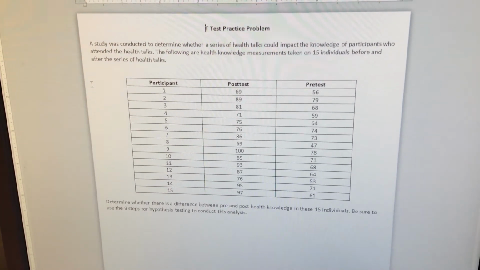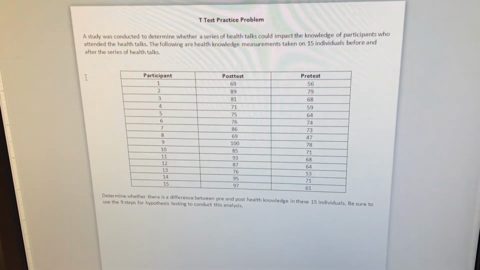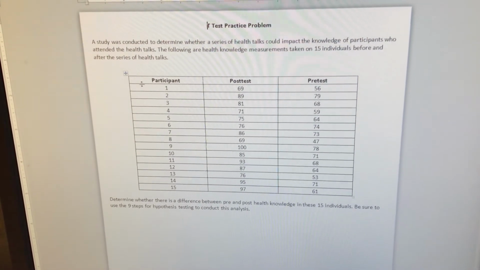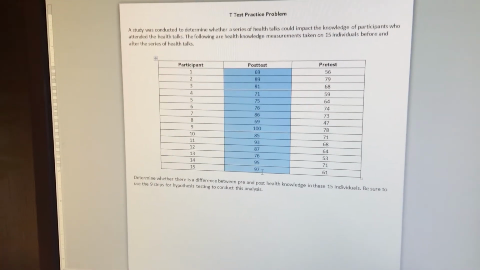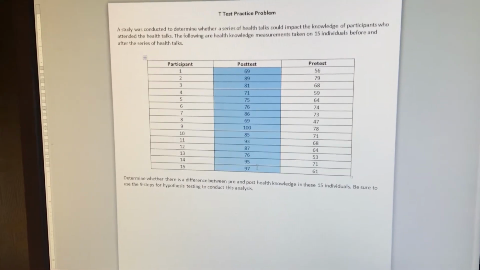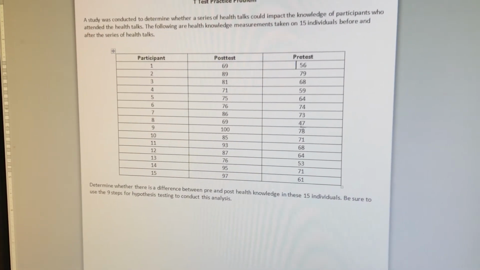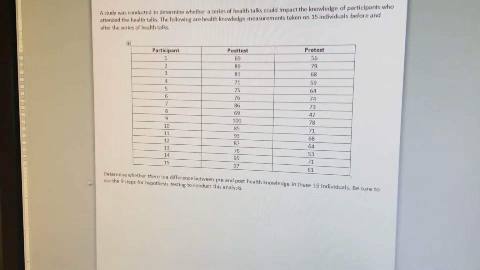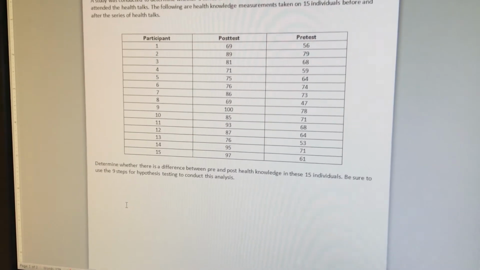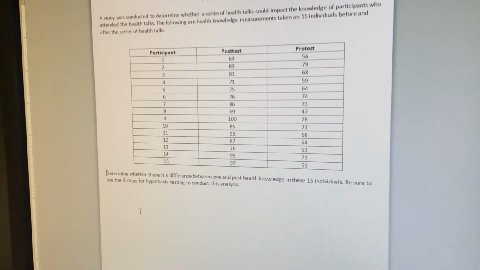The following are health knowledge measurements taken on 15 individuals before and after the series of health talks. And you can see our data here. We have our participants. There's 15 of them. And then we have their post-test scores. So we have a post-test health knowledge score for each of the 15 participants. And we have a pre-test health knowledge score for each of the participants. And so the question asks us to determine whether there is a difference between pre and post health knowledge in